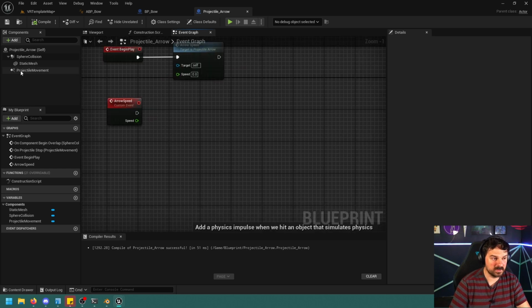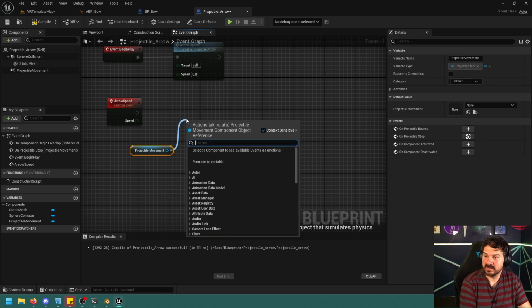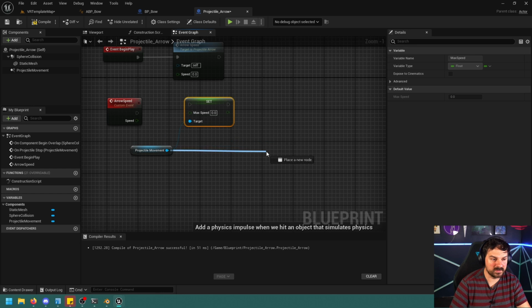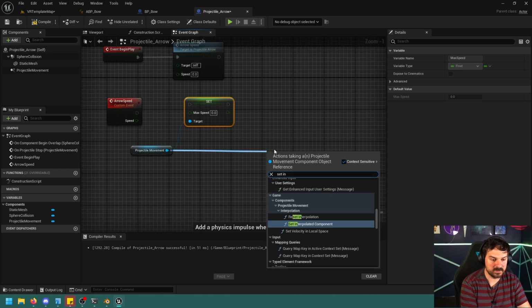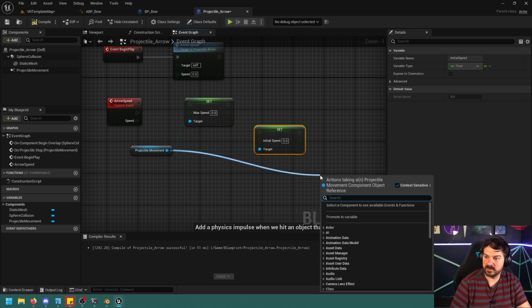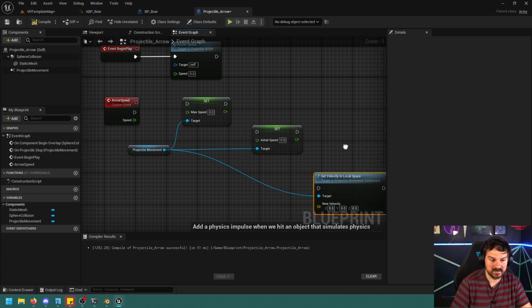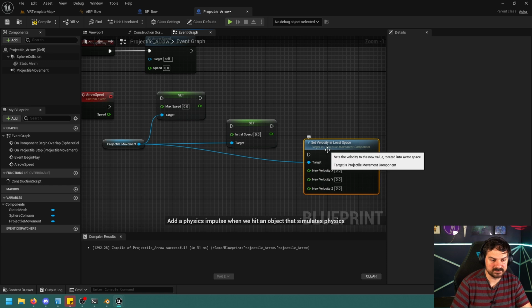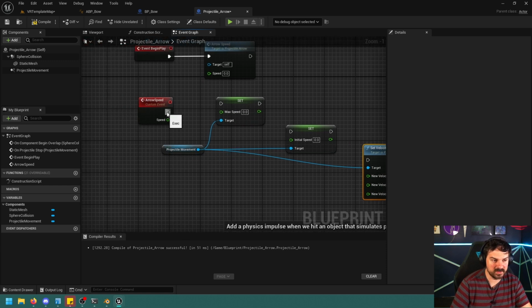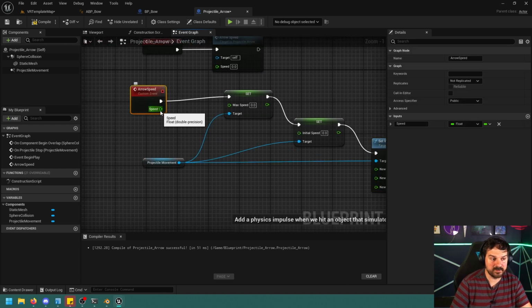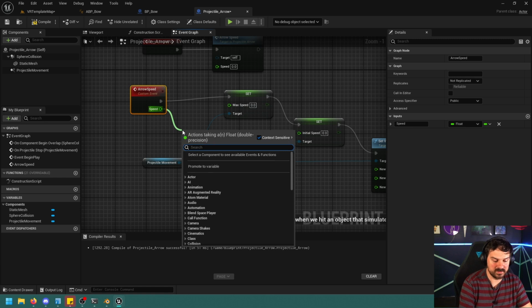And the things that we want to do with arrow speed is get a reference to our projectile movement, drag out from there, and set max speed. We also want to set initial speed. And then last but not least, we want to set velocity in local space. We want to split the struct pins on this. And then we're pretty good. So we're going to go from arrow speed, connect that, then we'll connect it to here, and then we'll connect that to here. And then from speed, we're just going to multiply